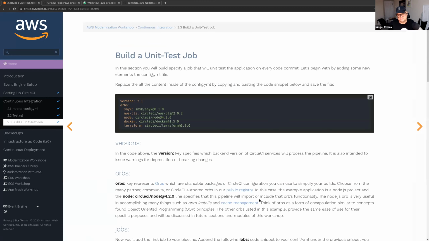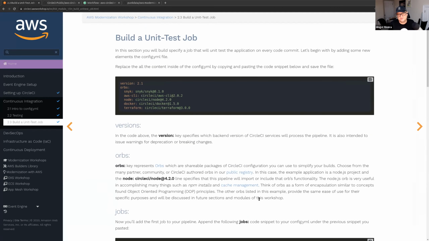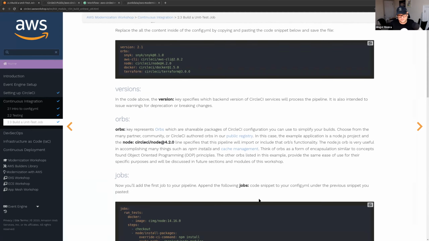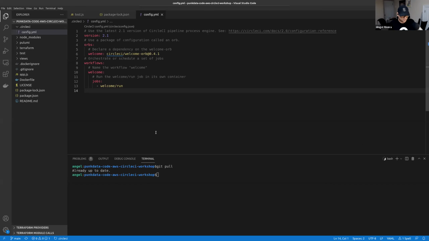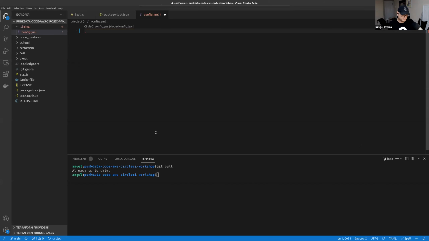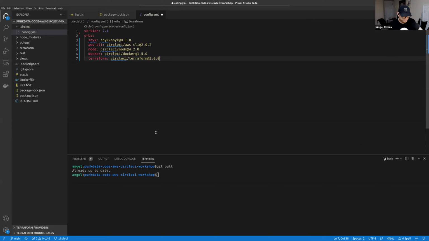So what we're going to do is build our first job in our pipeline, and the first thing we're going to do is basically set up our pipeline. So let's go ahead and copy this code here, and then I'm going to jump over to my editor and Control A, blow away all this stuff, the defaults, because we don't really care or need it. Then I'm going to save that. So just paste that in. Next thing, I would make sure that you do a new line and make sure that you're at the beginning of the line, because YAML is tricky sometimes